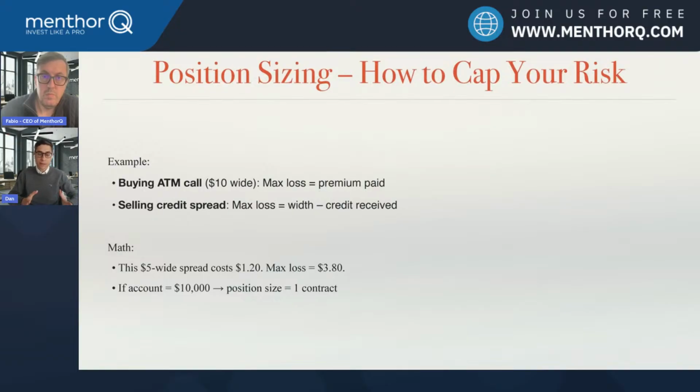But in the end, if we have statistics and we have an edge, and if we have the right data on our side, then in the long run we should win. So if you have a strategy which wins 8 of 10 times, and you put this in, then you can calculate your statistical risk of winning or losing with 100 or 1,000 trades. You can do a Monte Carlo simulation today with AI. Everything is super easy. So you know, is this a valid strategy I want to use?